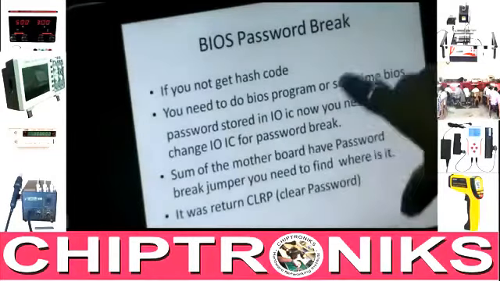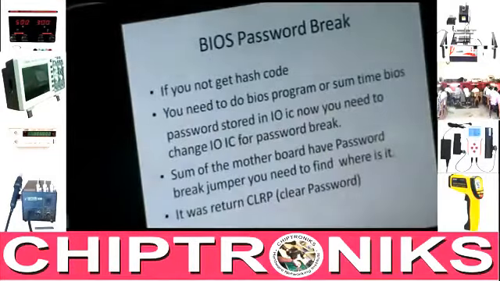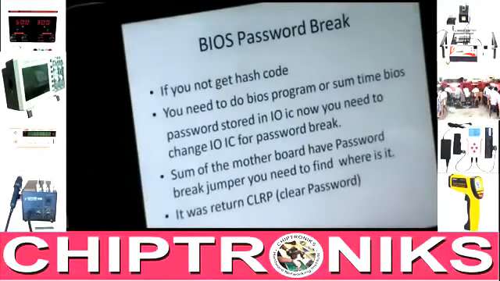Now here we discuss, if you do not get a hash code, some kinds of motherboards, when you put a wrong password on the BIOS, it will generate a hash code. Different motherboards, different models generate different kinds of hash codes.